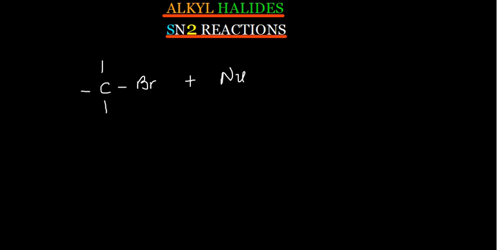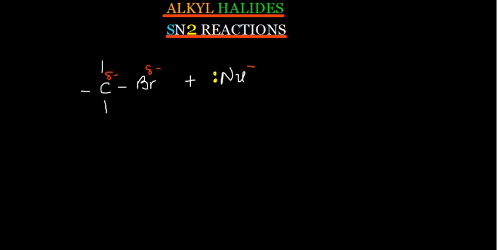Now a nucleophile has got a lone pair of electrons, so it's going to have a negative charge. Now the bromine is more electronegative than carbon, so it's going to have a partial negative charge,